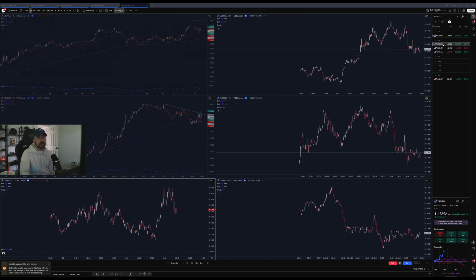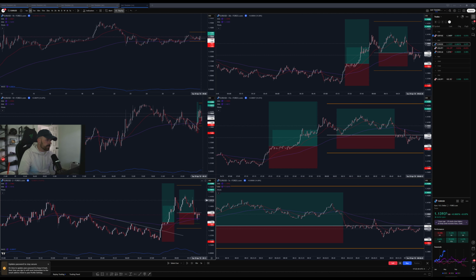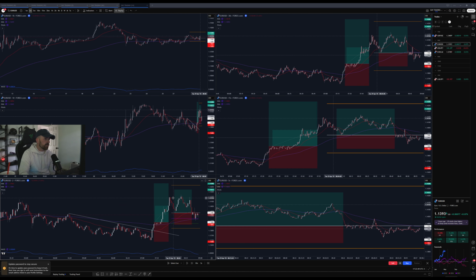But realistically, I was trying to wait for an entry on euro dollar, which I nearly got. As you can see, it had a nice wave one explosion, right? Trading pound dollar was going to be a wave 5 CBO. This is going to be a wave 3 CBO. And euro dollar was from my primary daily watch list. And so I was looking to go long on this pair anyways.